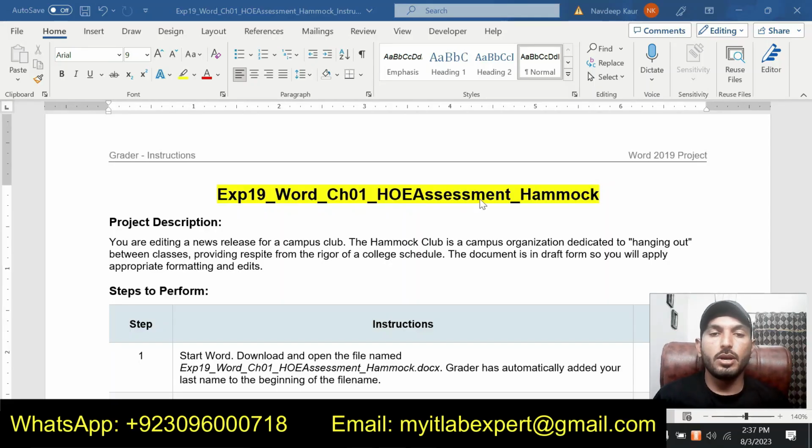I am going to do Word Chapter 1 Hands-on Exercise Assessment Hammock. Basically, this is the first chapter of the Word section of my MyITLab course. There are 4 sections in this course: Word, MS Excel, MS PowerPoint, and MS Access. So, at the start of the